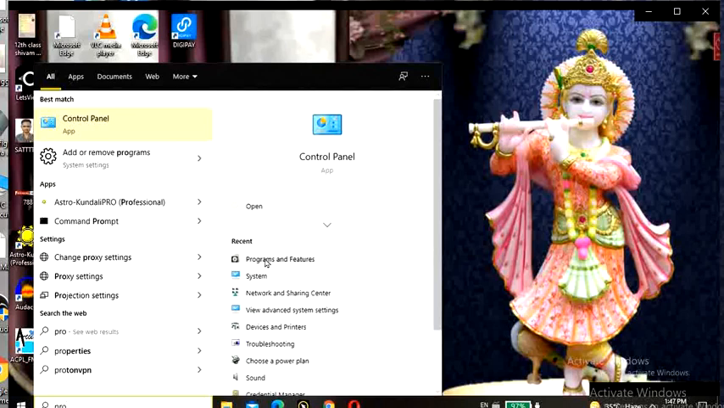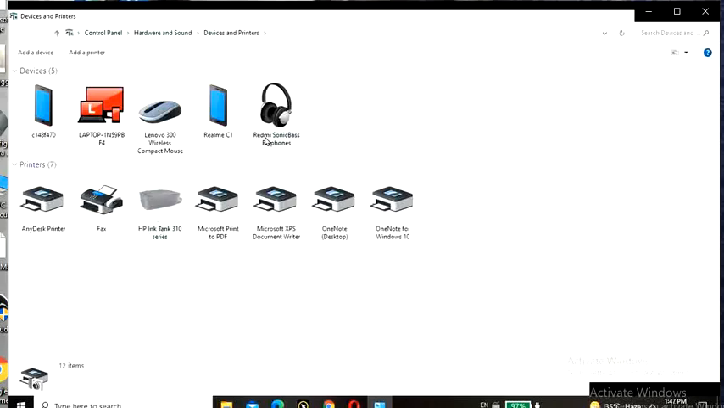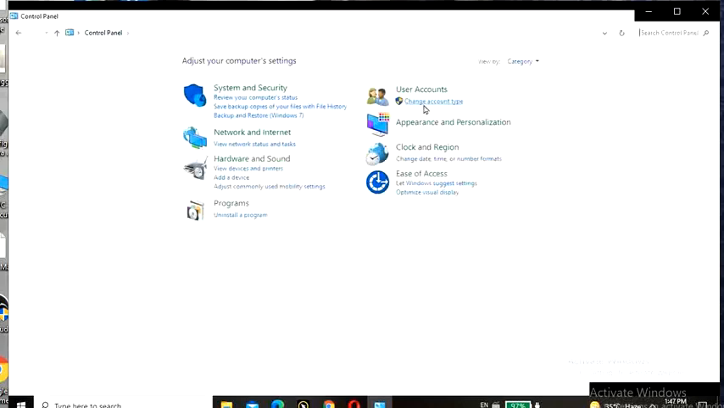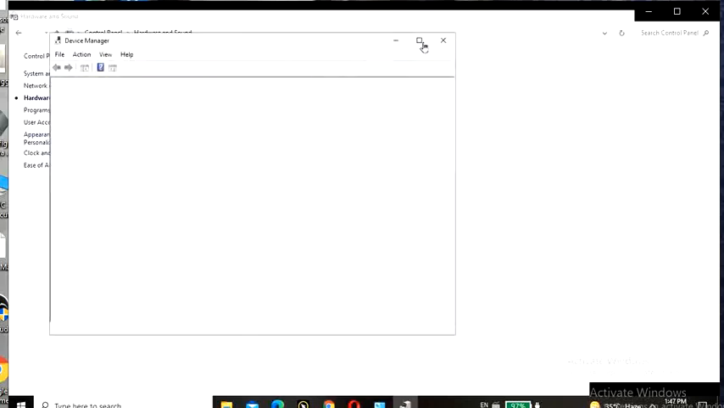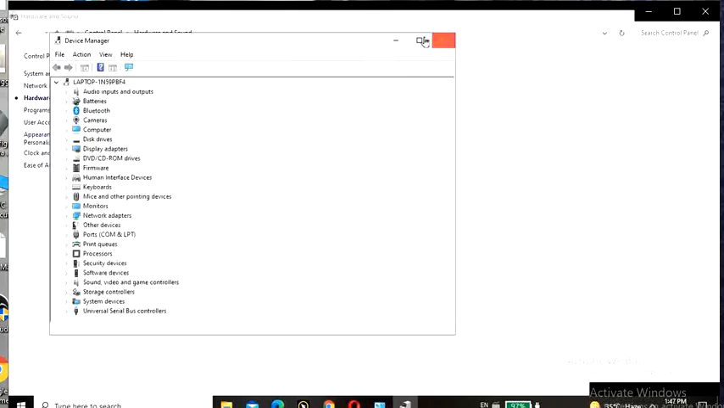Search for program and features, and here search for device and printers and device manager. Device and printers, here in control panel, click on control panel here, and search for device, hardware and sound, and device manager. Here you can see device manager. Click on device manager and then maximize it, and here you can see